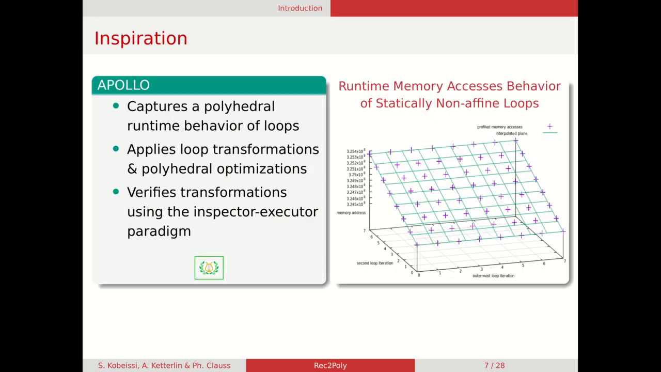This study has been inspired by Apollo, which is a speculative polyhedral compiler and loop optimizer implemented by our team. Apollo is capable of applying polyhedral transformations on loops that are non-optimizable by classical polyhedral optimizers. Classical polyhedral optimizers such as Pluto and Polly are only capable of optimizing loops whose structure is affine at compile time. On the other hand, Apollo can detect loops whose runtime behavior is polyhedral compliant, even if they are statically